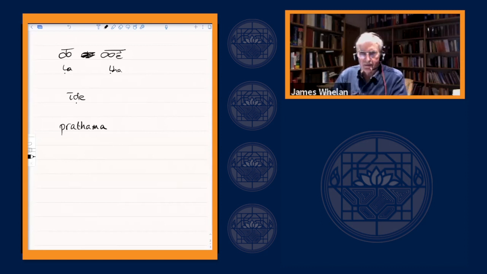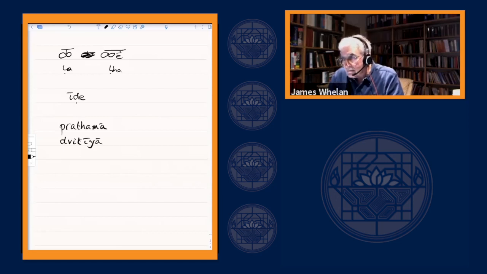So pratama stem form, feminine pratama. And dvitiya, dvitiya stem form, and the feminine dvitiya. Just so, they call the nominative case the pratama or pratama vibhakti, literally the first division, and the accusative is dvitiya vibhakti, and so on through to the